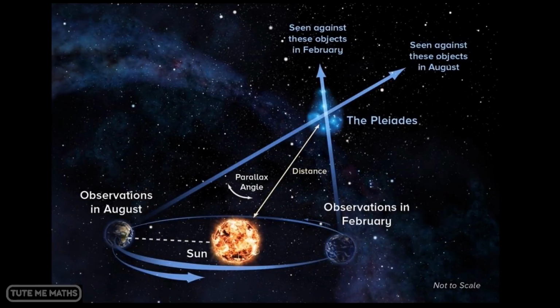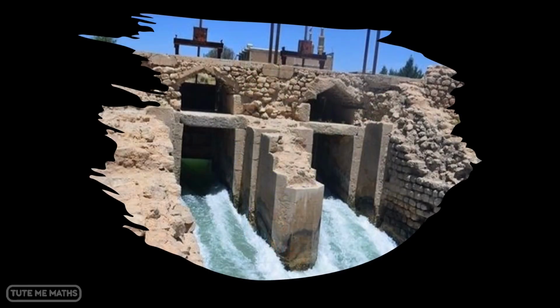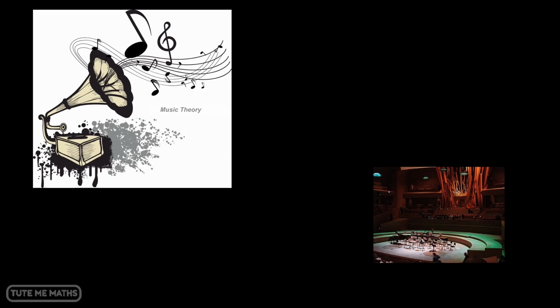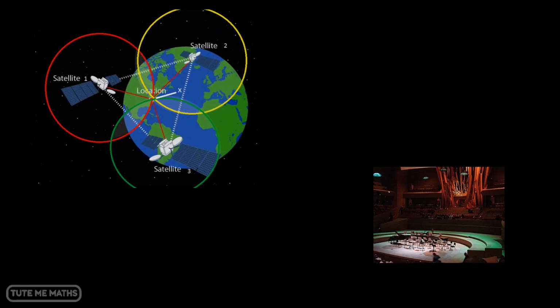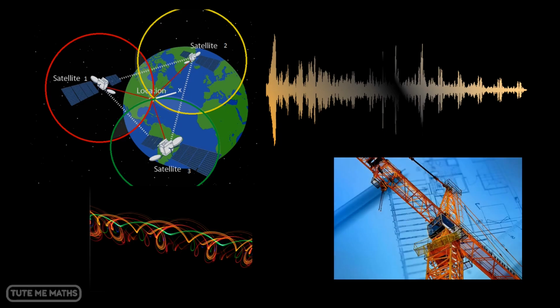Although initially used for navigation and to study astronomy, the ancient Sinhalese in Sri Lanka also used it when constructing water reservoirs to calculate the gradient of the water flow. Today, applications of trigonometry extend into many fields, including music theory, acoustics, satellite navigation, sound and light waveforms, engineering, seismology,